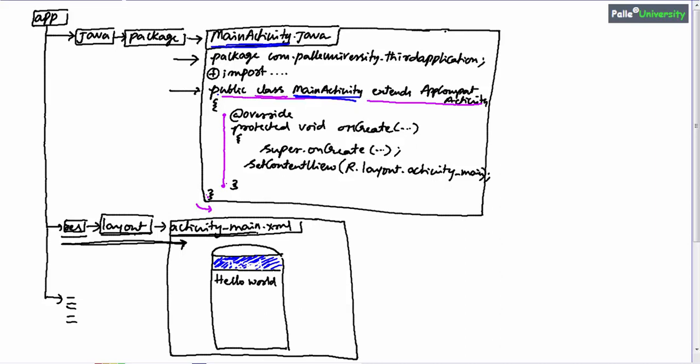That is what you have to keep in mind. From now onwards, whenever you want to write some code for your activity or screen, that class should definitely use the keyword extends AppCompatActivity, so that the Android system will understand this is not a normal Java code, this code belongs to a screen or an activity.